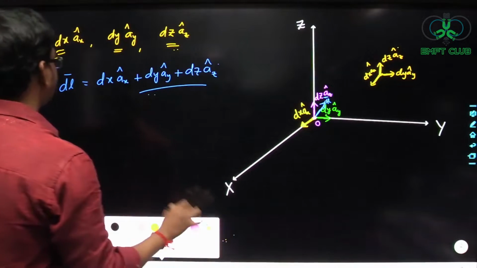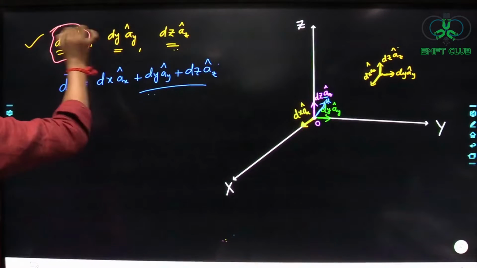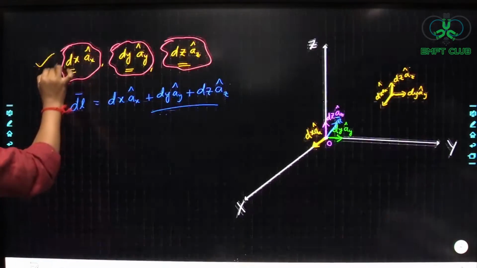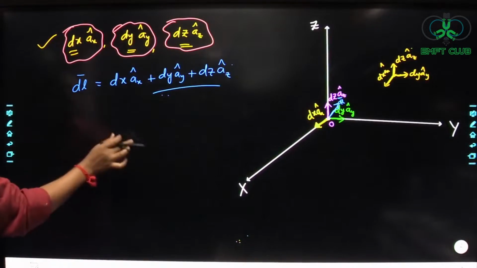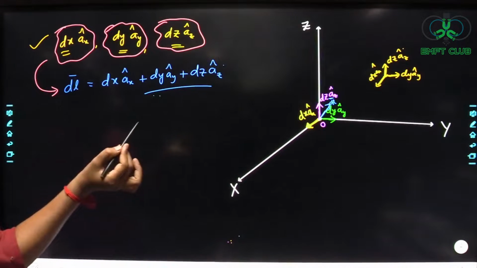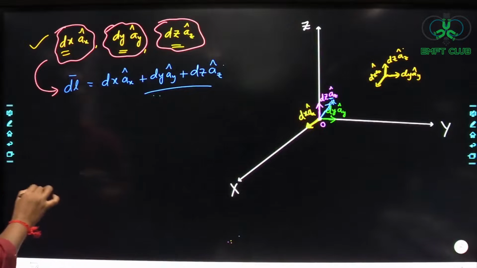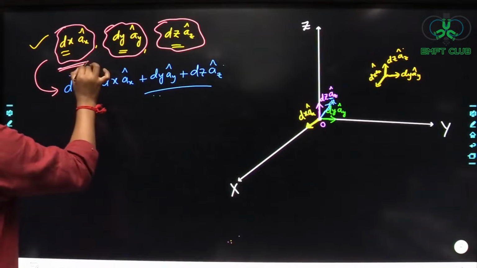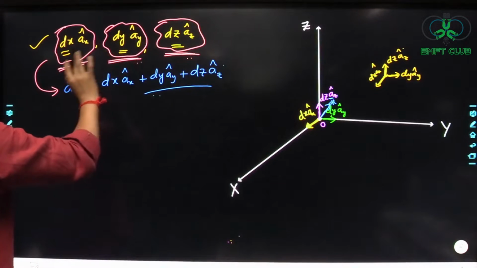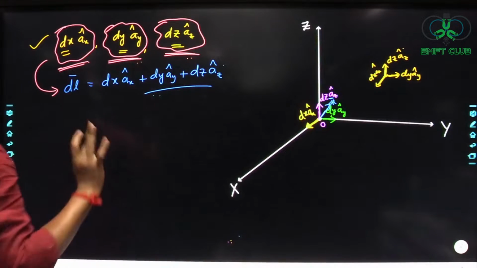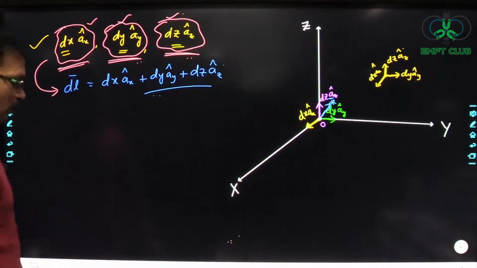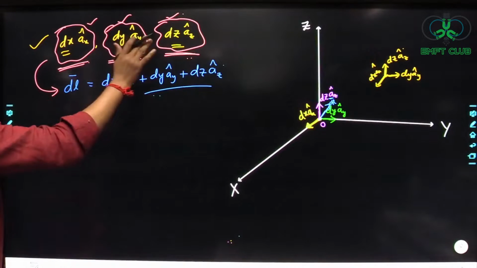So if we know the differential lengths, then we can easily determine this differential length which is neither along x nor y nor z. Understood? This is very important here. We just have to know the differential lengths along x, along y, along z. These three are very important. Now with the help of these three differential lengths,